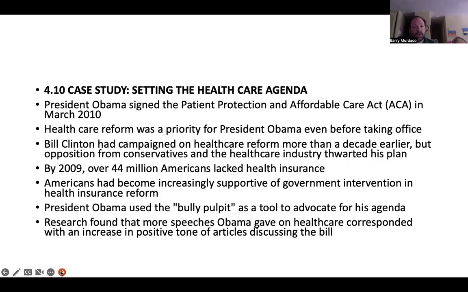By 2009, over 44 million Americans lacked health insurance. Americans have become increasingly supportive of government intervention in health insurance reform. President Obama used the bully pulpit as a tool to advocate for his agenda, his ability to speak before the American people. Research found that the more speeches Obama gave on healthcare corresponded with an increase in positive tone of articles